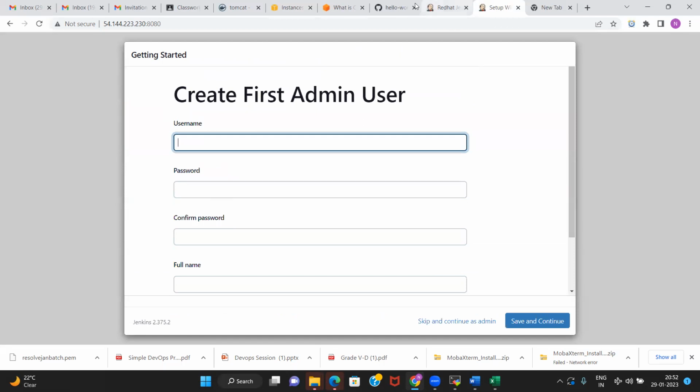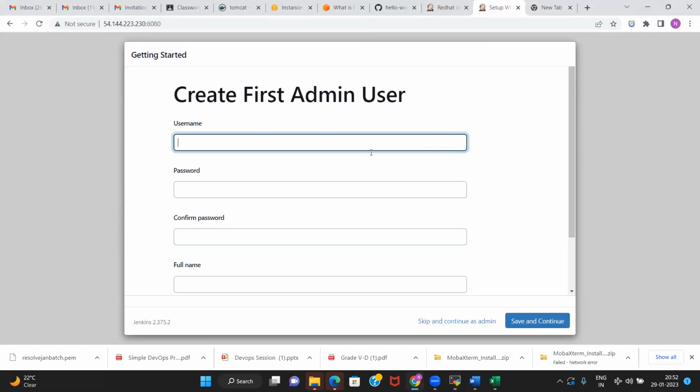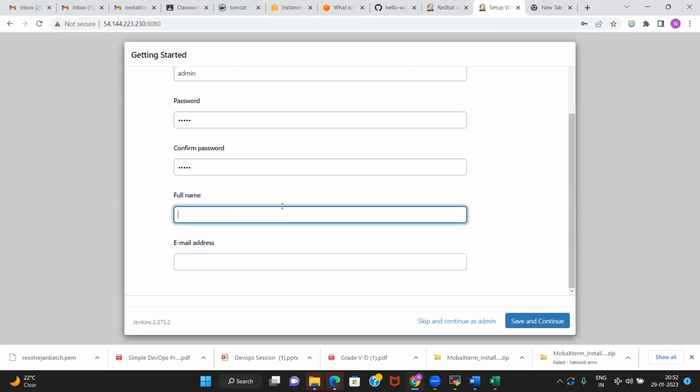So basically, we have used the default admin credentials, the initial admin password. We don't want that. Let us create an admin user. I am keeping everything as admin. You can use anything, but whatever you choose, you need to remember it.